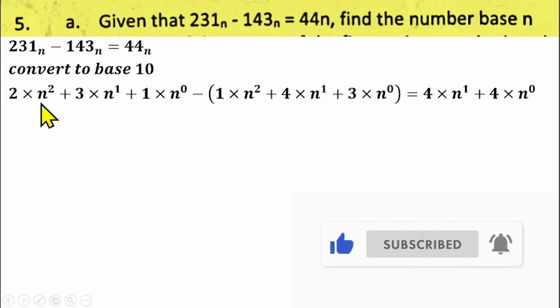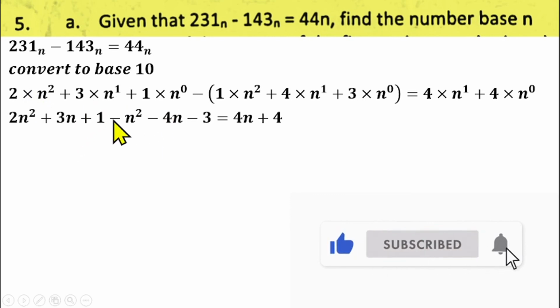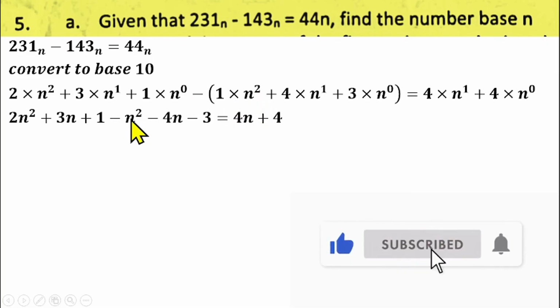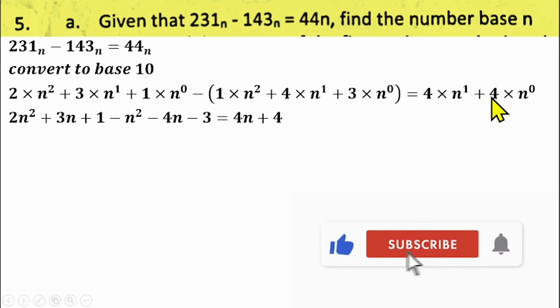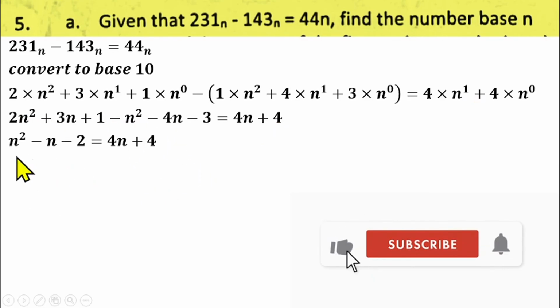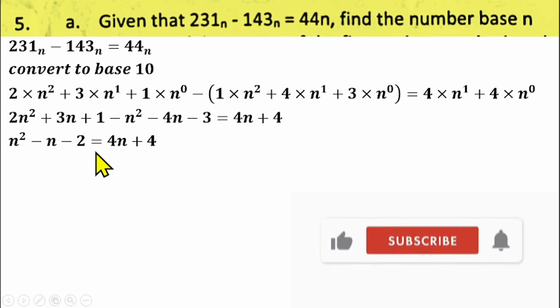You can now simplify further. That gives us 2n squared plus 3n plus 1, then 1 times n squared will give us n squared. That gives us minus n squared minus 4n, then minus 3 equals 4n plus 4. Then from there, if you collect like terms, you have 2n squared minus n squared, that gives us n squared, and 3n minus 4n, that gives us minus n, then 1 minus 3 gives us minus 2 equals 4n